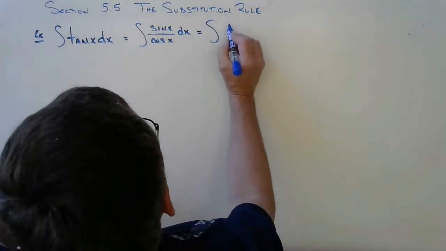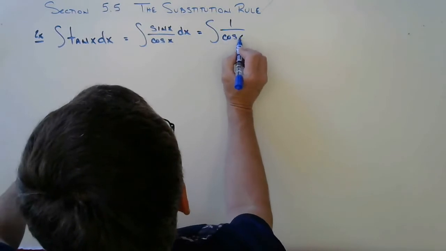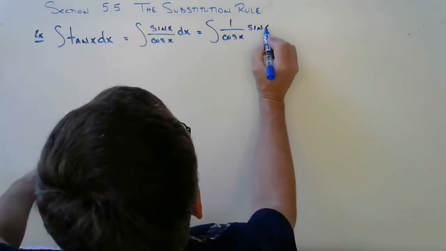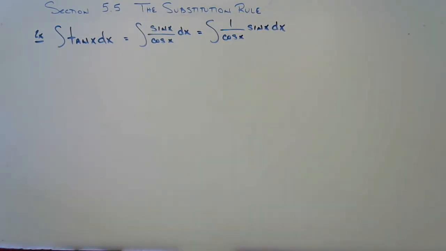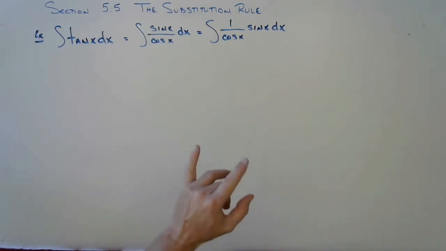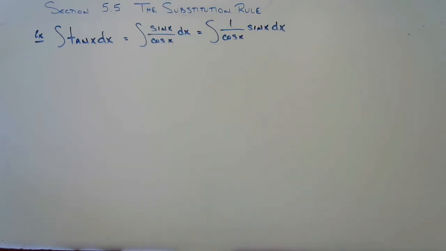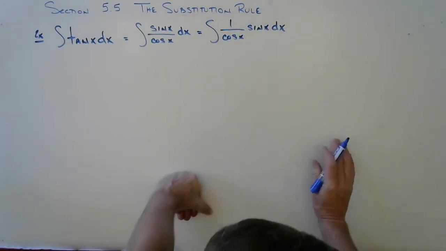I can rewrite this as 1 over cosine x times sine x times dx. Now, that step right there is not necessary, but it's a step that in the beginning of our journey through U-substitution, I think adds enlightenment. Again, there is not any function that's a composition of another function here. But this is still a problem we can solve with U-substitutions. Because if we take a look at this, right,